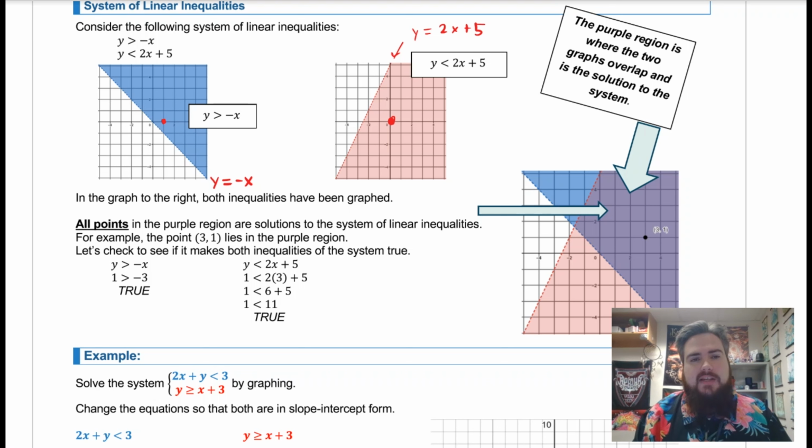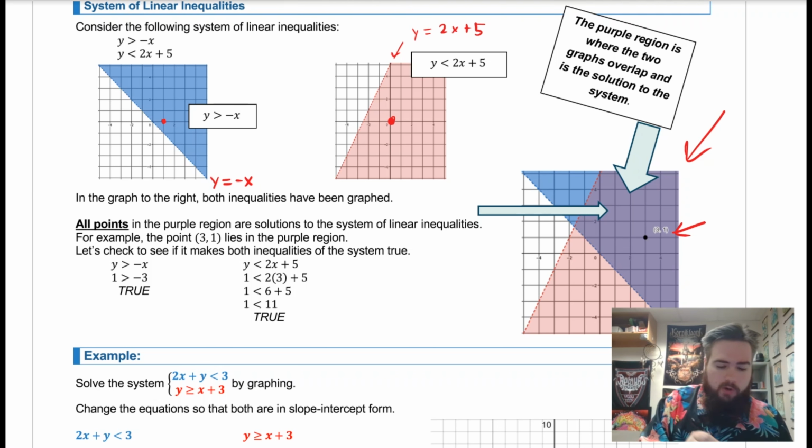In order to find the set of solutions that would satisfy both of these inequalities, we can graph them together, which is shown on this graph here on the right side. Both are shaded with different colors, red for y less than 2x plus 5, and blue for y greater than negative x. And wherever we have solutions that are in common for both of them, that should be where they overlap and are solutions to the full system. We can even test points within that region if we need. They demonstrated and tested the point (3, 1) and found that it works for both of the inequalities in this case.